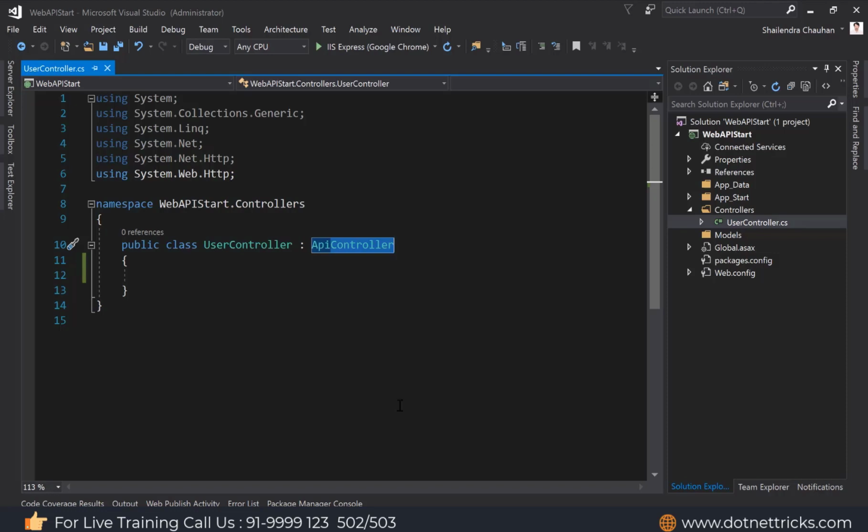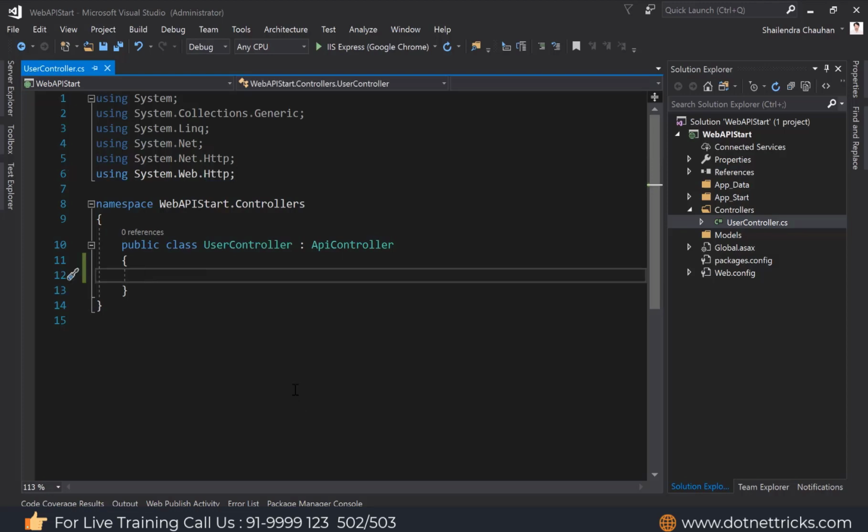And in MVC, the namespace was System.Web.Mvc. But in Web API, the namespace is System.Web.Http. So here everywhere you will find HTTP wherever we have the MVC. So here we are using the System.Web.Http namespace where the ApiController class is available.